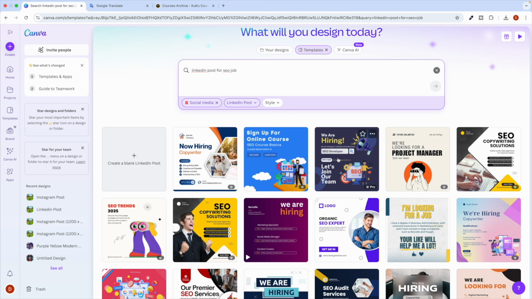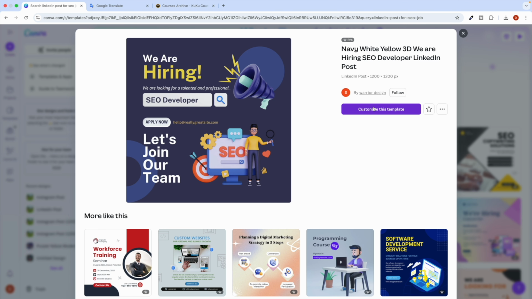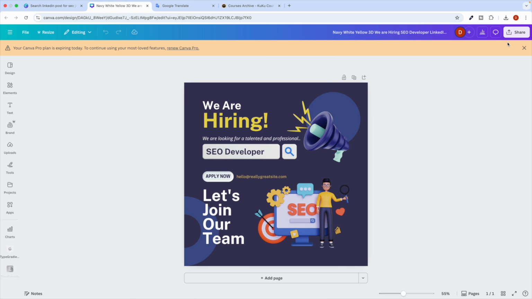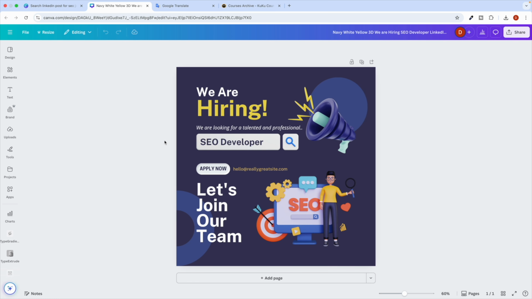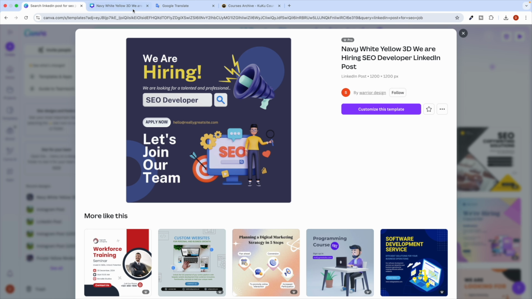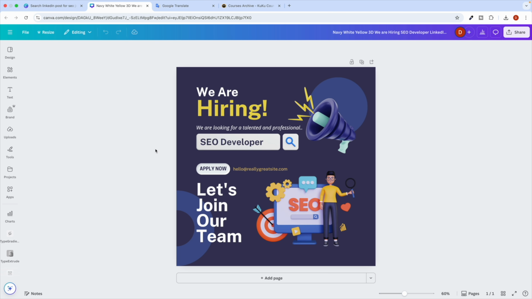If I select this, you can click on customize this template. So you can select any templates Canva has and simply click on customize this template, and it will take you over here. And now what you can do is take a screenshot of it,